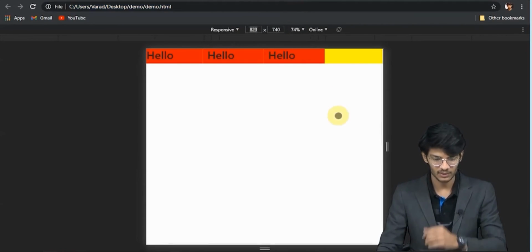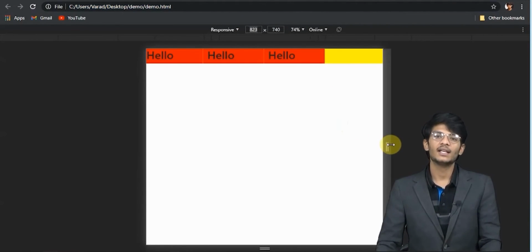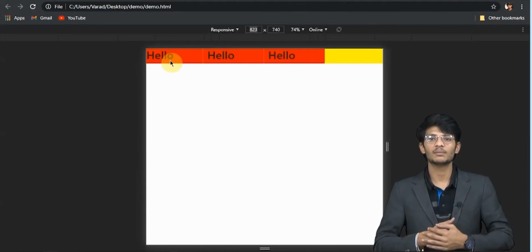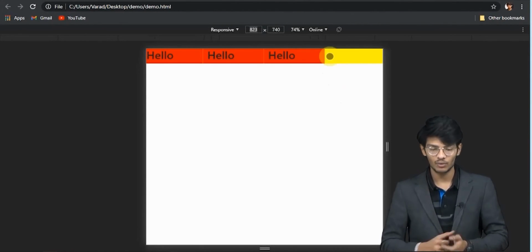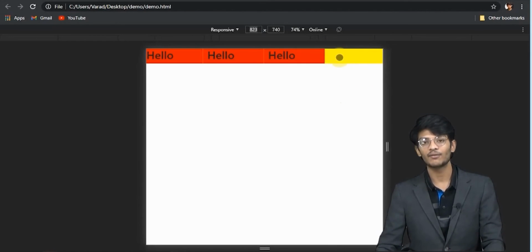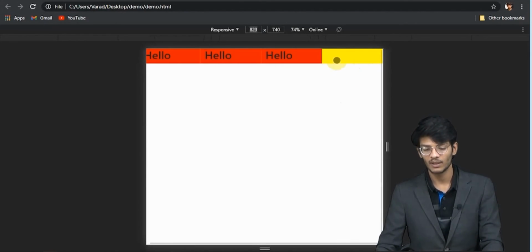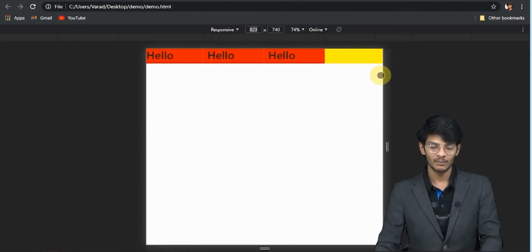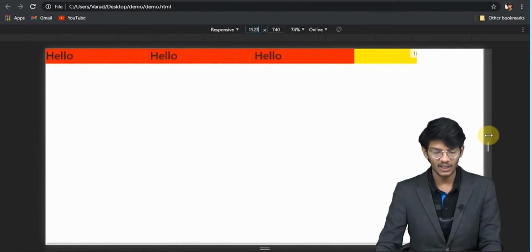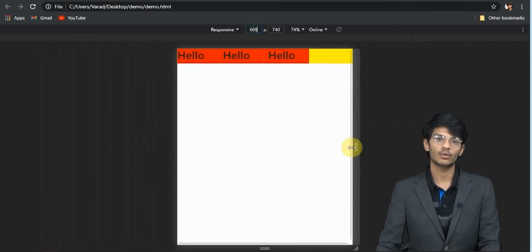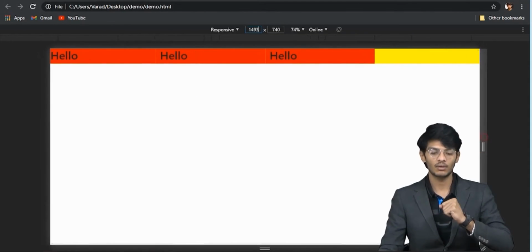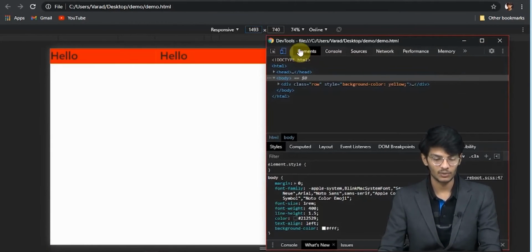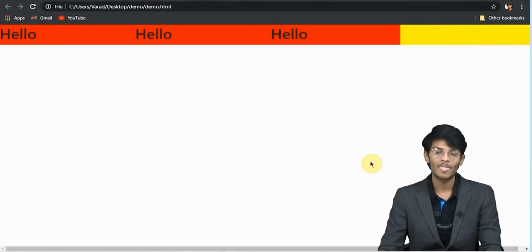Now let's see what happens. The column spans are 3, 3, 3, which sum to 9, and 12 minus 9 is 3. So we get a leftover of a particular column which will be of span 3. So there are 3 columns in a particular row, and we can define the width of a particular column with the Bootstrap grid classes. We used col-sm.